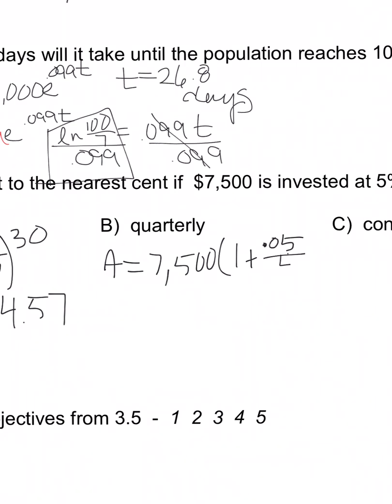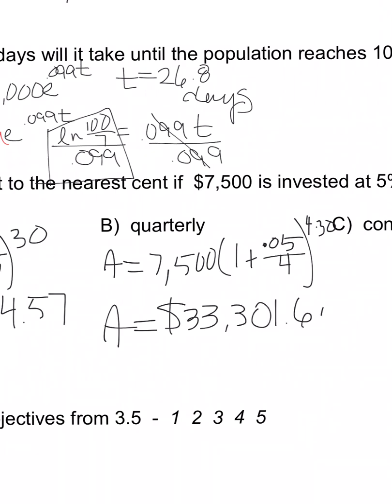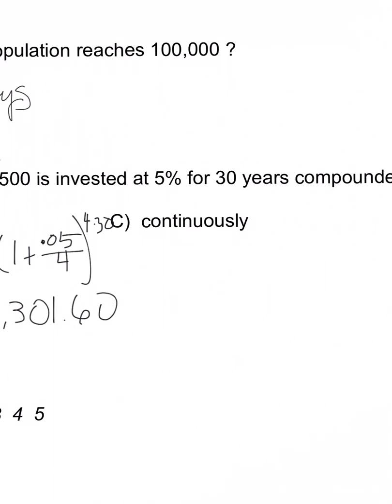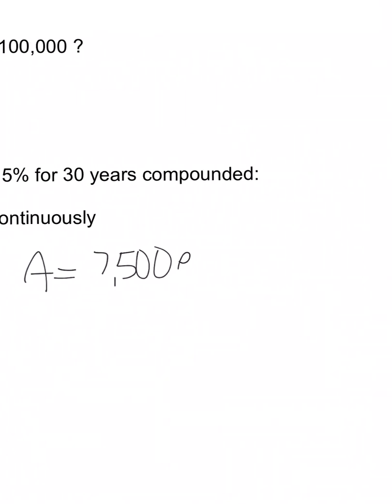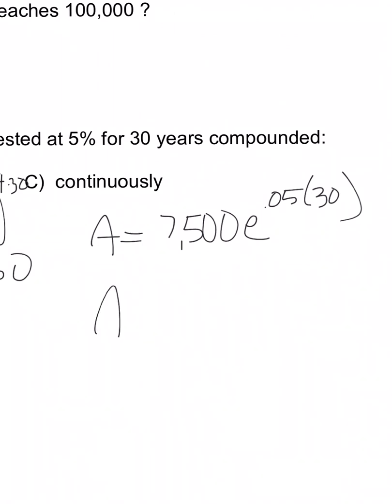If it is compounded quarterly, all the same, except we now have 1 plus 0.05 over 4, since it's compounded quarterly, and then we have 4 times 30 as the exponent. Plug that into your calculator, and you get $33,301.60. And then lastly, continuously, we are going to use Pert here, or Pe to the rt, or Pe to the kt. 7,500 e to the 0.05 times 30, and that will end up giving you A equals